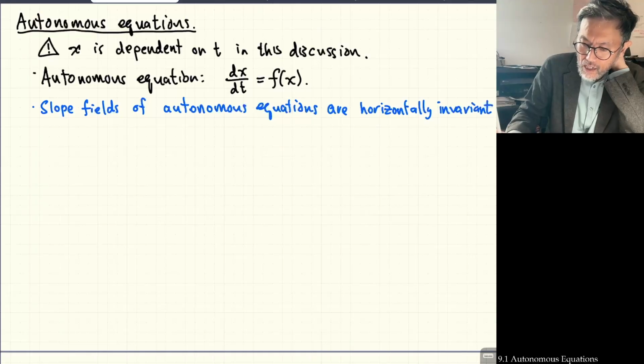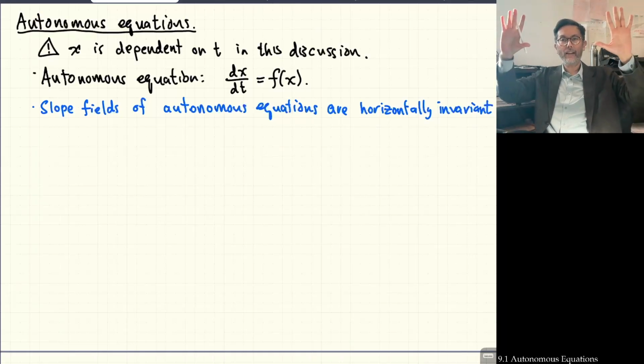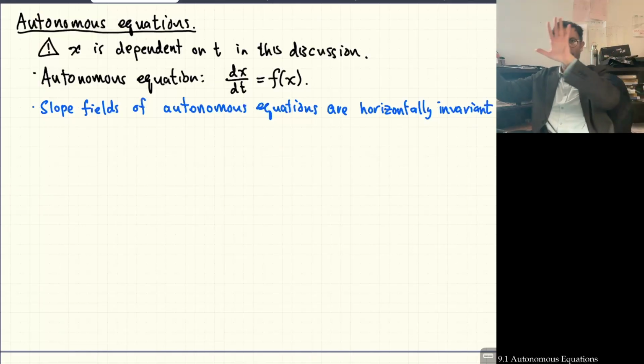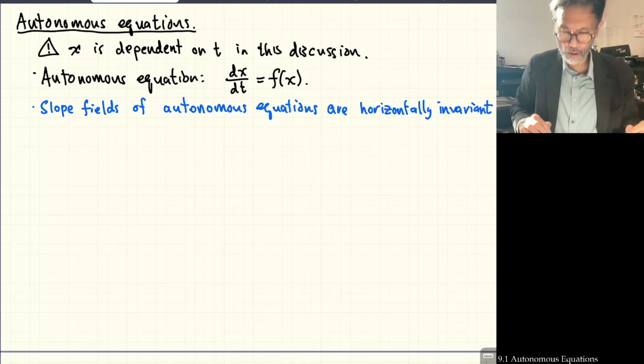And now what does that mean? That means that you can take the slope field of an autonomous equation and just shift it any amount in the horizontal direction, and it won't change. Okay, it's horizontally invariant. You can move it around like this. Let me show you an example of